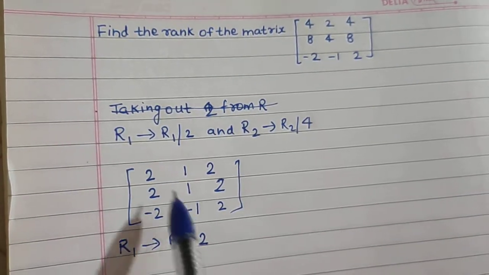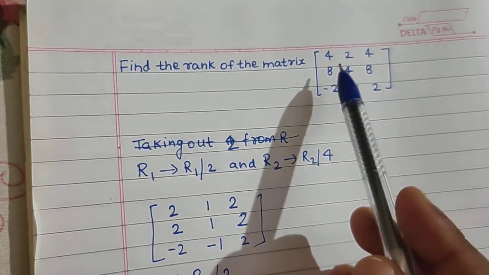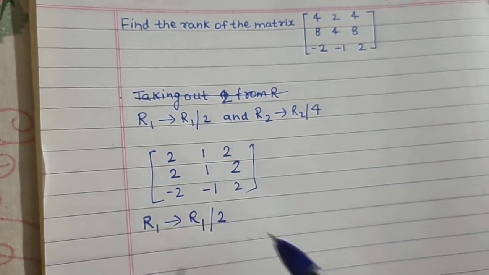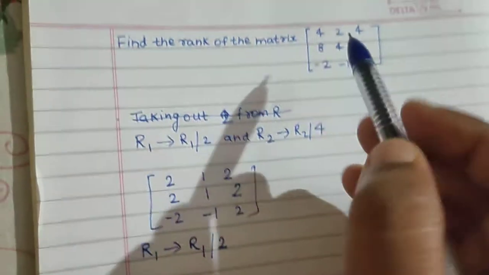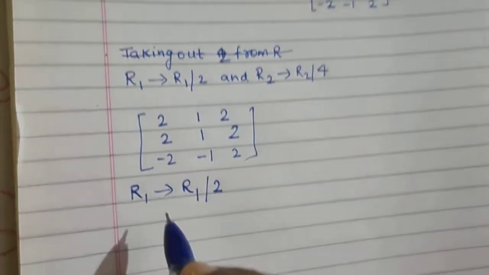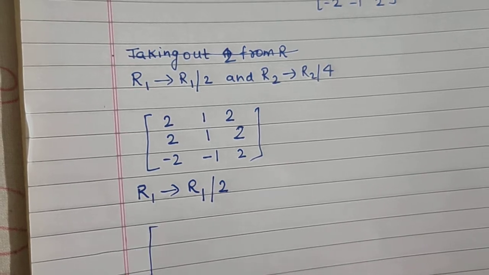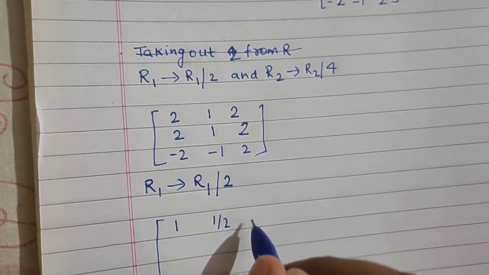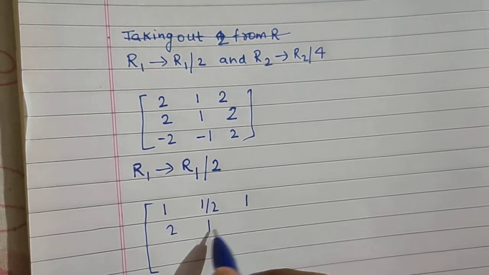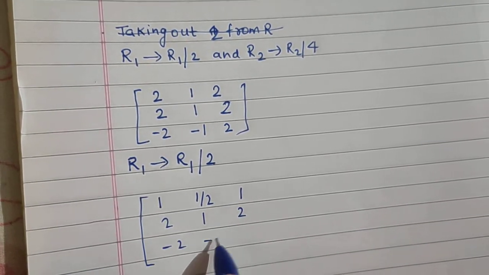I would have done this in a single step, just taking out 4 from R1. So now you understood, you don't have to do 2 steps, just R1 to R1 divided by 4. But let's do this. So this will be 1, 1.5 and 1, 2, 1 and 2, minus 2, minus 1